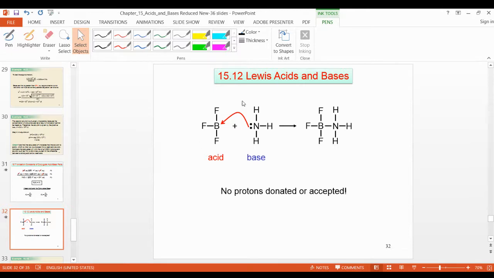So in this way, those that have an extra electron, that is a base. Those that have no electron, that are electron deficient, are known as Lewis acid. Okay, so in this way you can give any example for Lewis acid or Lewis base, such as a water molecule, OH, like that, right?